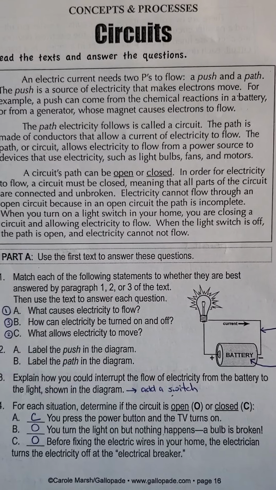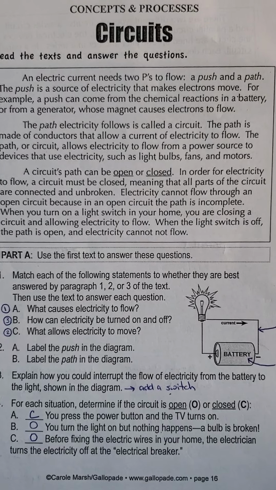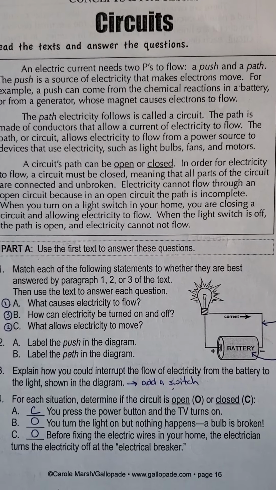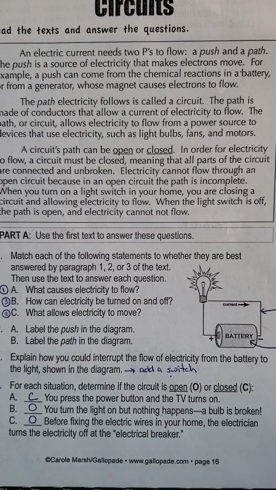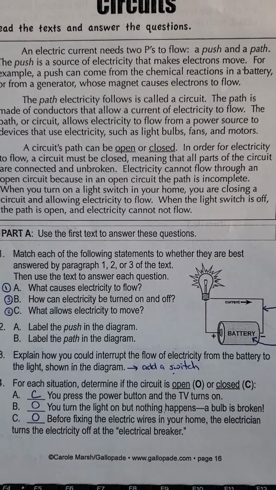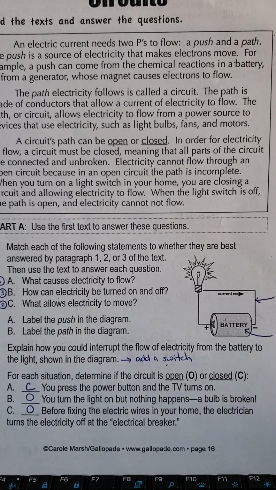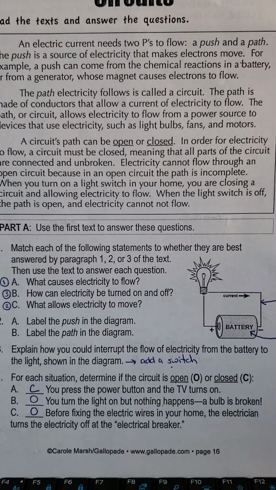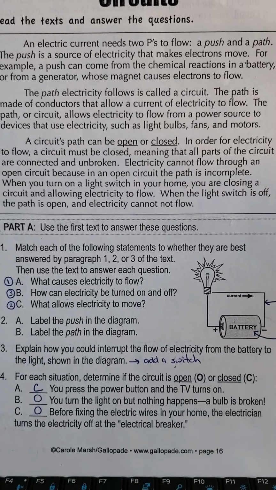If you take a look at your screen, this should look familiar. This is what we talked about last time, circuits, worksheet page 11, and they walked us through the basics of a circuit. Remember, we learned that electrical current, which is the same thing as electricity, needs two P's to flow, a push and a path. A push is the source of electricity, like a battery, and the path is what the electricity flows on, like